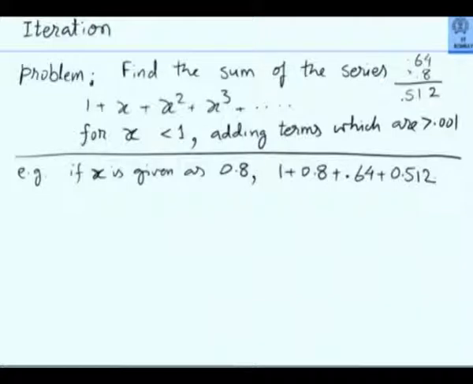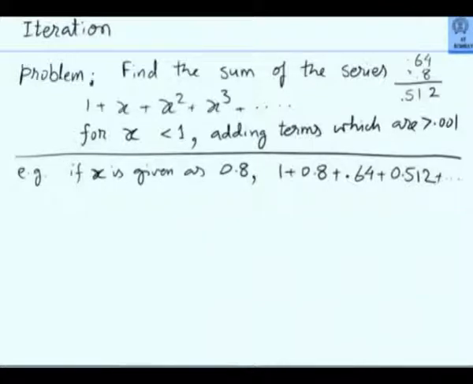How did somebody get 0.524? I am very curious. Please note the term. The term is x cube. So, anyway. Now, we know two things. The terms are indeed reducing. So somewhere, some term will become less than 0.001. After that, I don't have to add. But I don't know how many terms I will have to add. I may have to add 200, 300, 574 terms. I don't know. But I have to keep adding till a term becomes less than something.